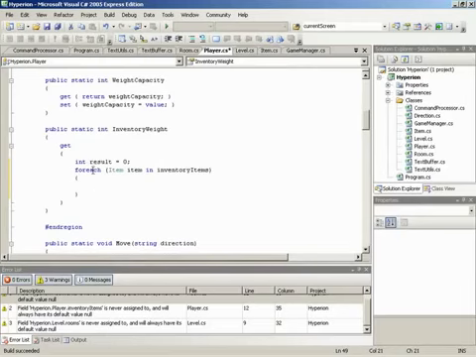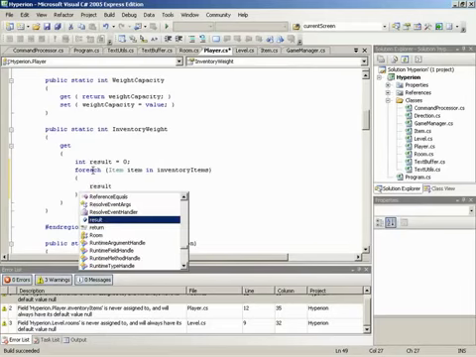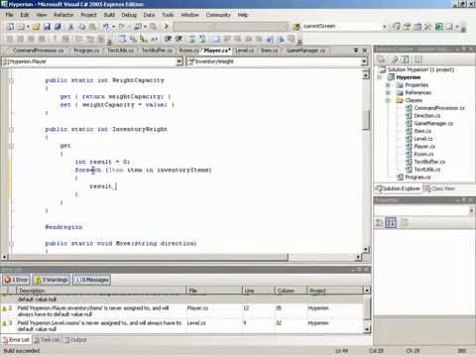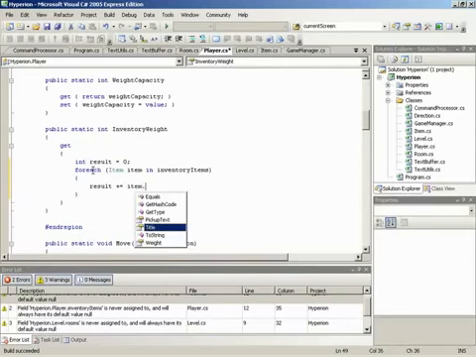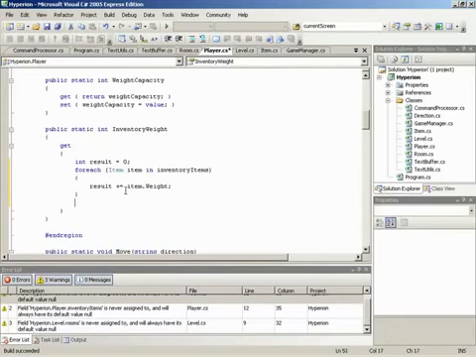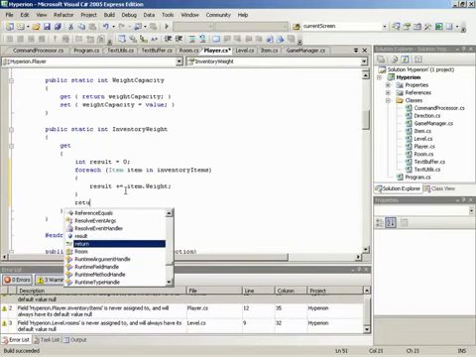So as we address each individual item within our inventory's items list, so that's every item in there, we're going to address each one at a time. So we need to add that item's weight onto whatever we're storing in result. So we'll do result plus equals item dot weight. Okay. So that way every time we hit an item, we take its weight and add that to whatever is currently in result, which will in the end result in a total weight, which we want to return. So return